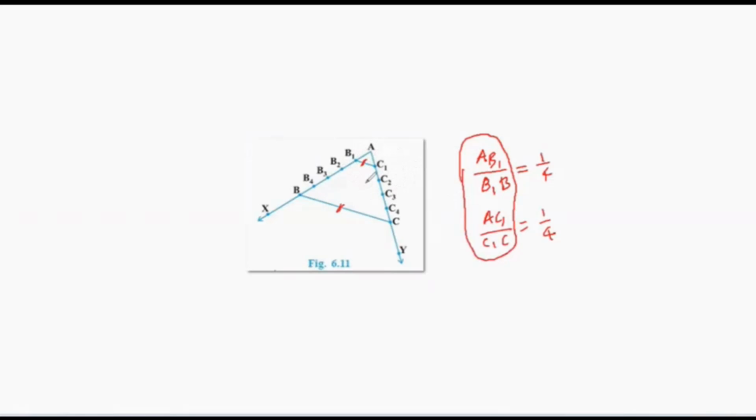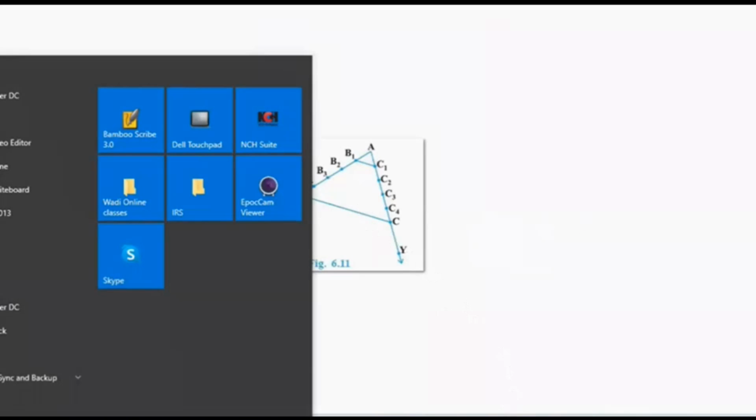For the second part, by checking with the tools in the geometry box, you can see they are parallel. If you join other points, suppose B3 and C3, using the same technique you can see that the ratios are the same, and by checking you can also see they are parallel. But this is not an algebraic proof, this is only a practical proof. So now we can look at how to do the algebraic proof in general.